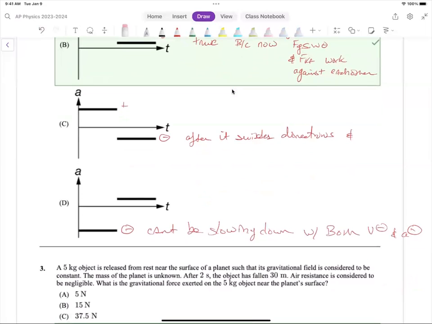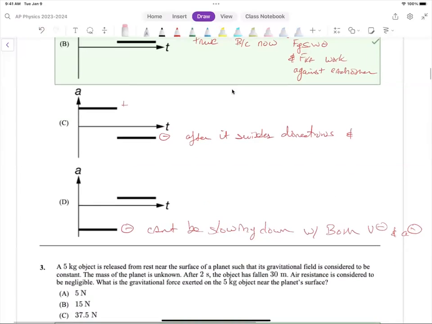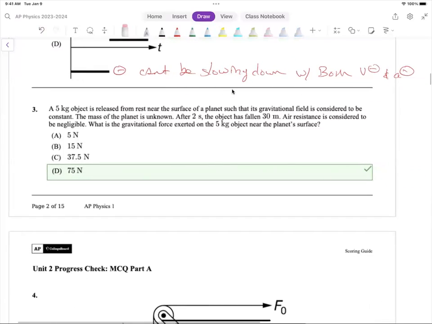D, if you picked D, you weren't paying attention to, number one, the directions and what they gave you as the signs of the incline. In addition to that, they told you the velocity up the ramp was negative and it's slowing down, and it can't be slowing down if acceleration is negative and velocity is negative. Move it on. A 5 kilogram object is released from rest near the surface of a planet, such that its